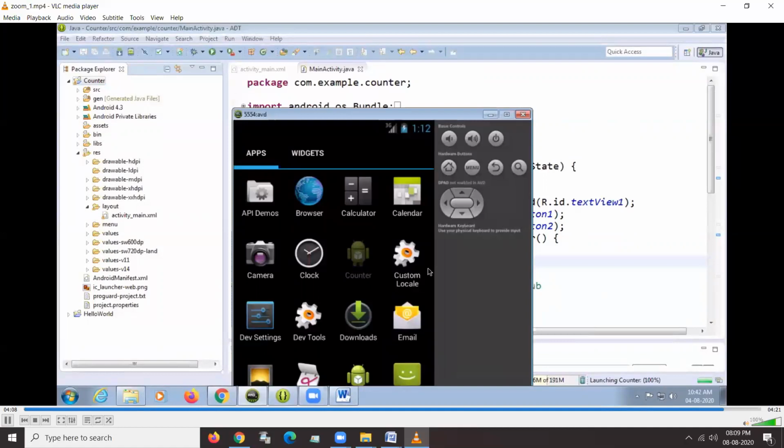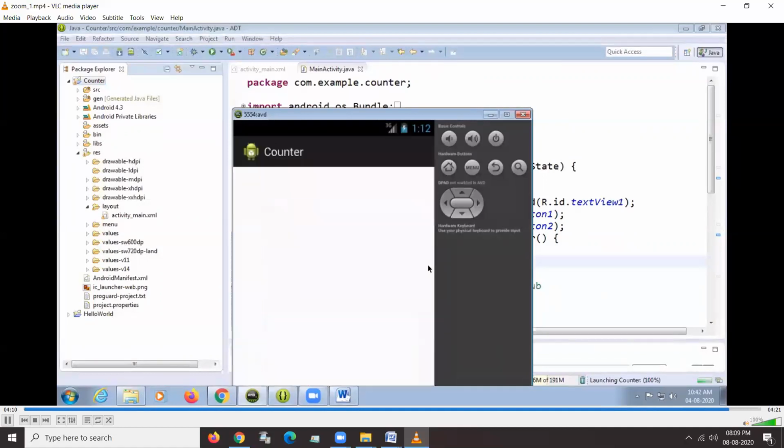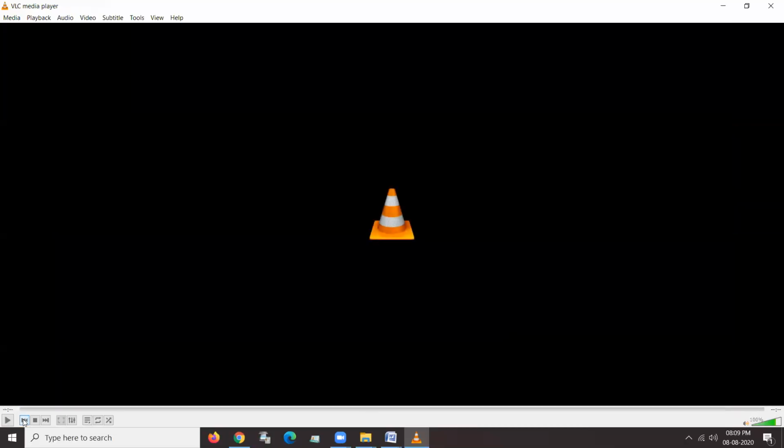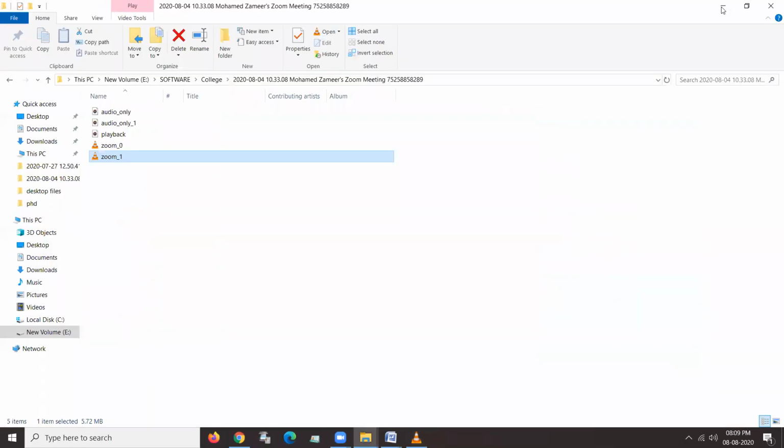So this is the counter file, you can double click the counter file and open your output. You can click the add button and the counting will change, you can click the subtract button and it will decrease the value. So this is the Android counting program you can execute.